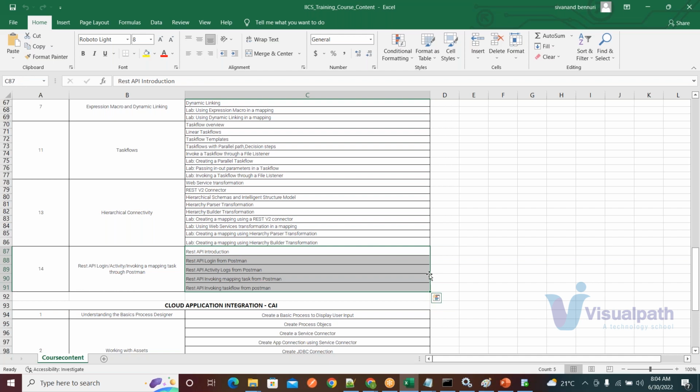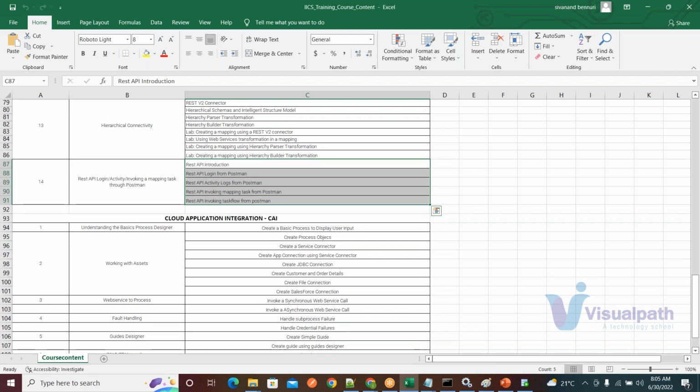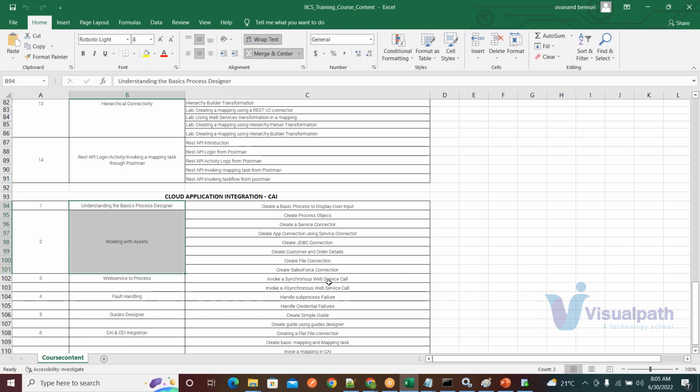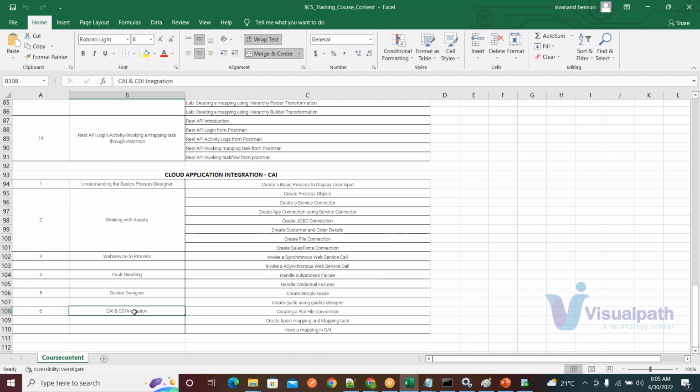Okay. And what is the bottom one, I guess CAI, application integration? Yeah, for CAI, I'll discuss the basic process designer and working with assets, creating process objects, creating an app connection, service connectors, JDBC connections, and working on web services, calling a synchronous web service call and an asynchronous web service call, fault handling, and we'll also discuss CAI and CDI data integration. How to invoke a mapping task from